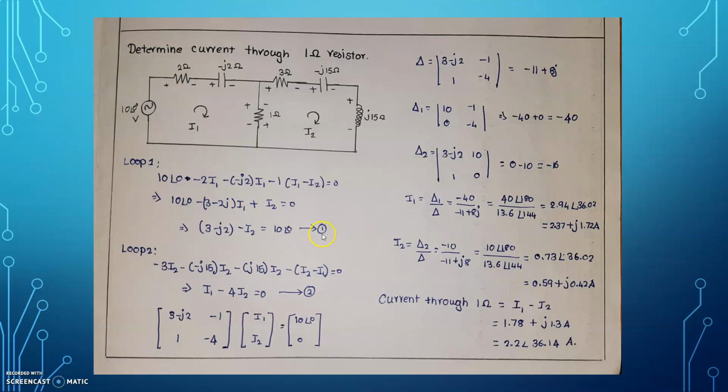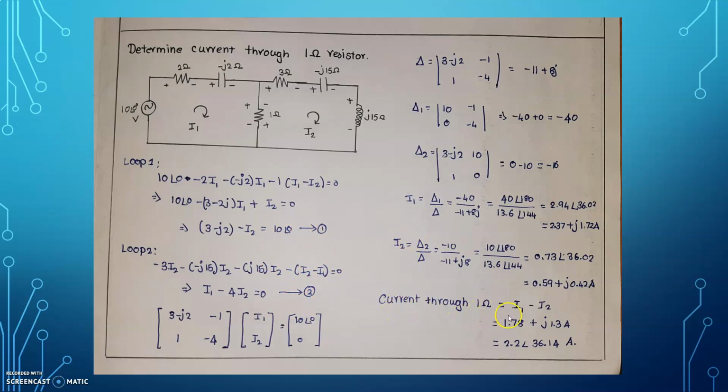Name it as equation number 1. And similarly apply the KVL for loop 2 and write the equation. So minus 3I2 minus j1.5 I2 minus j1.5 I2 minus 1 into (I2 minus I1) is equal to 0. Combine I1, I2 terms and rearrange, and finally we get equation 2. So by solving these two equations using Cramer's rule, find I1 and I2, and then finally